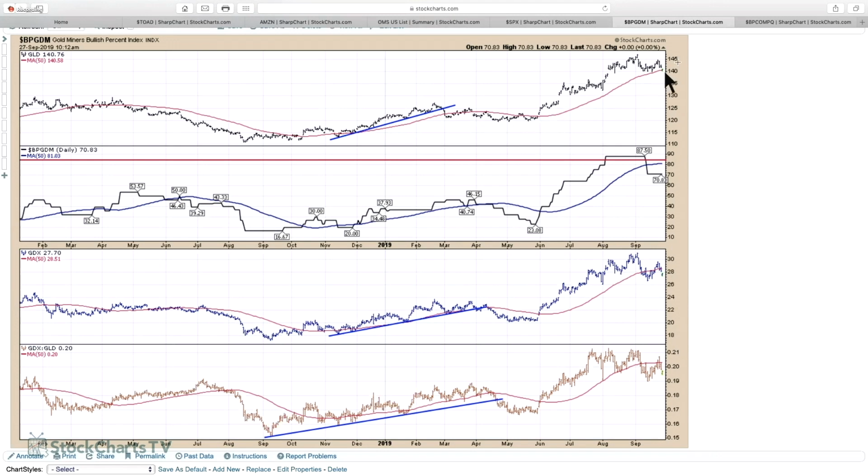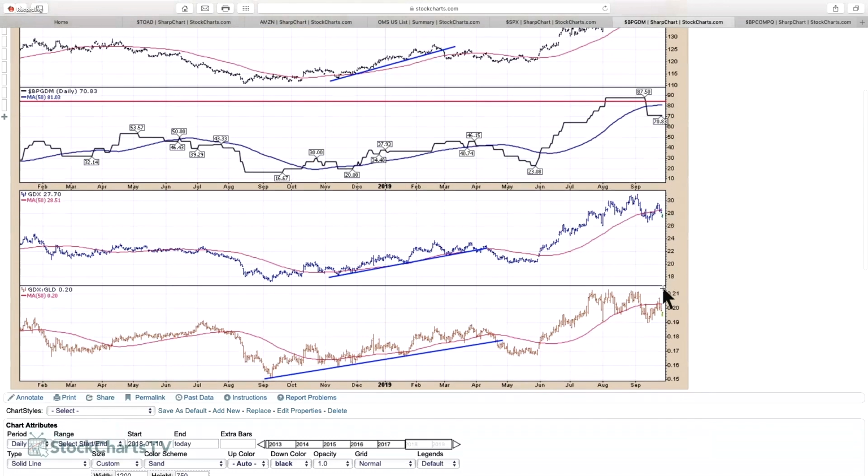Anyway, here we are just barely holding on to the 50-day, but the gold miners, the bullish percent index for the gold miners, has already dropped negative. The GDX is already below the 50-day moving average, was for 2 weeks, briefly tried to get above it and pulled back again. That looks failed to me. And I'd put a horizontal line here at 26 and say if it doesn't hold this, you probably want to be short gold, not long gold.